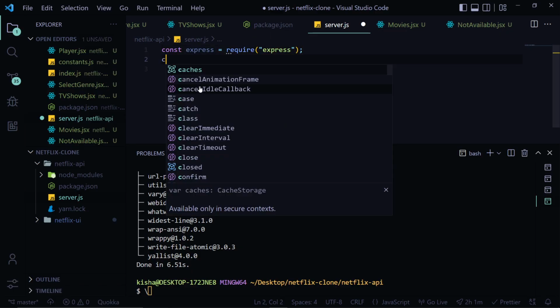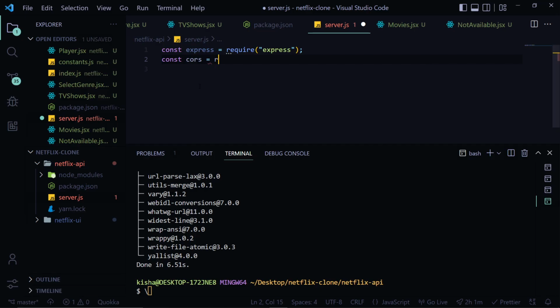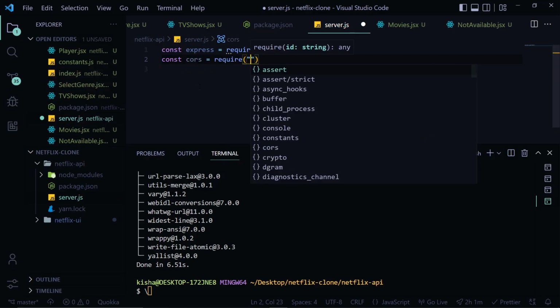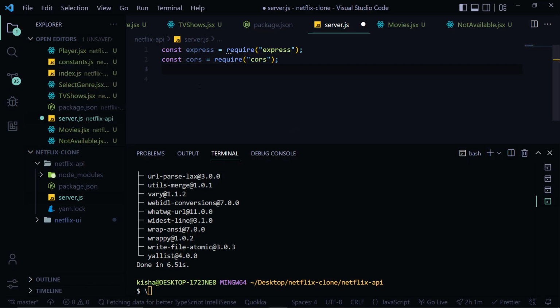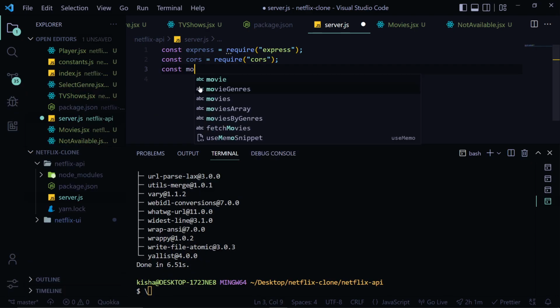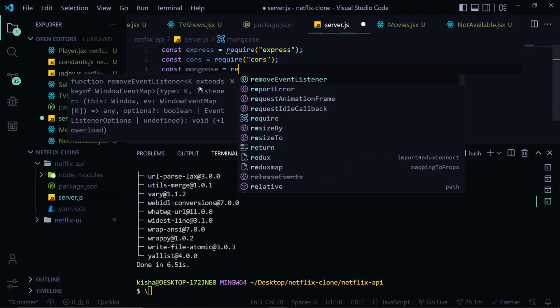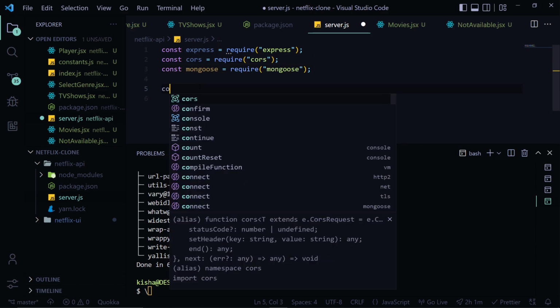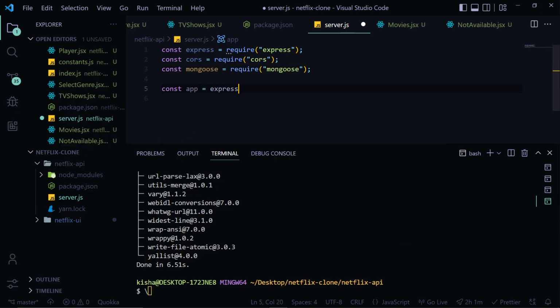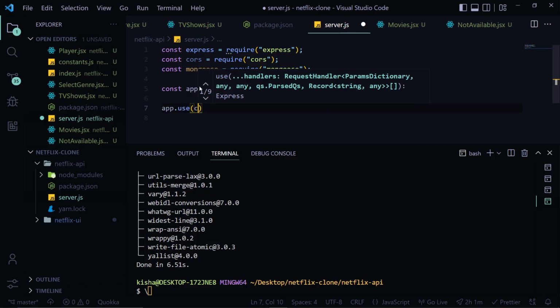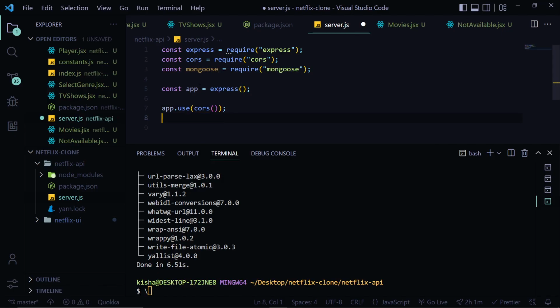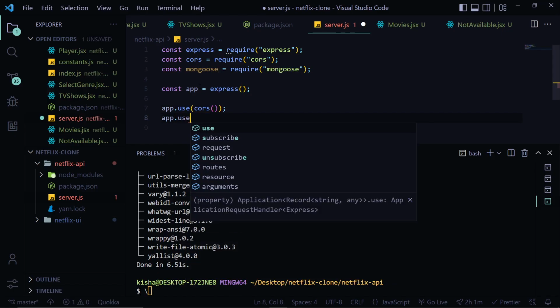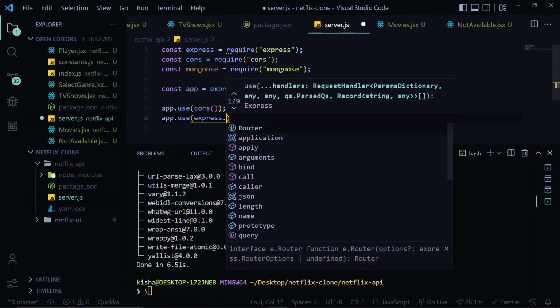After this we'll have const cors equals require cors, then we'll have mongoose, const mongoose equal to require mongoose. After that we'll have our app from express, then we'll write app.use cors, this is for the cors request, then we'll write app.use express.json,